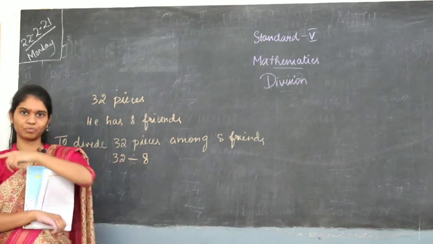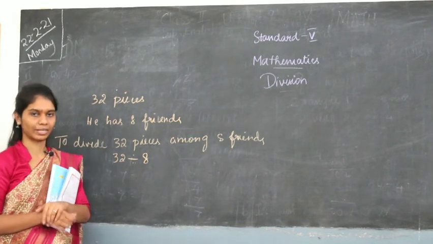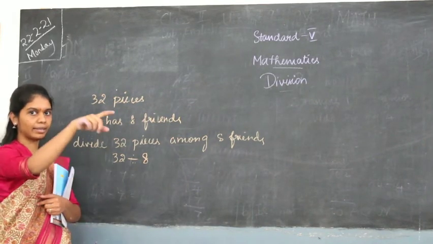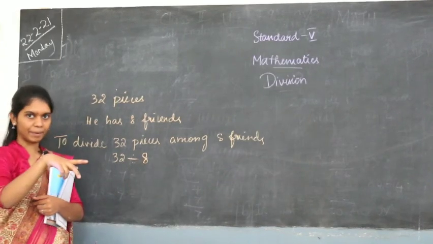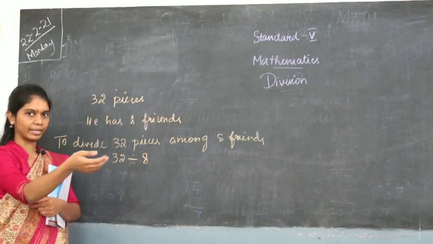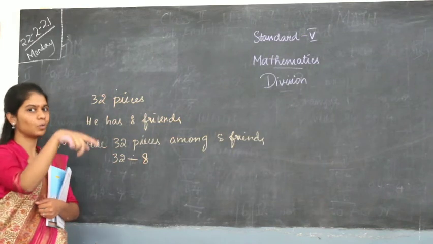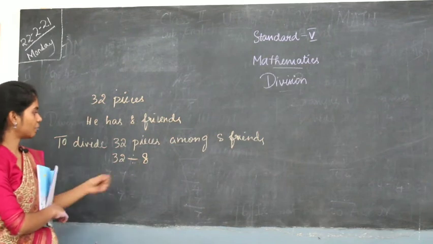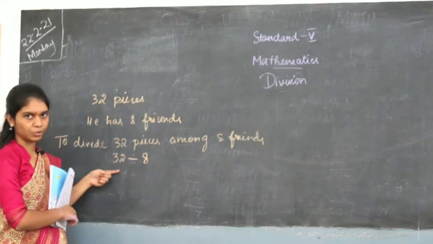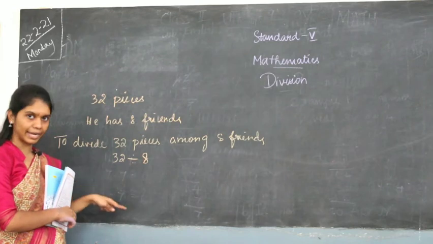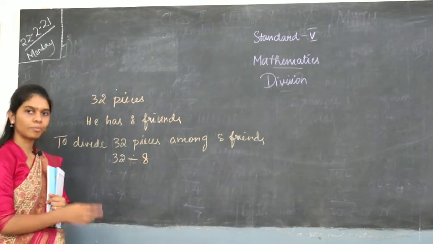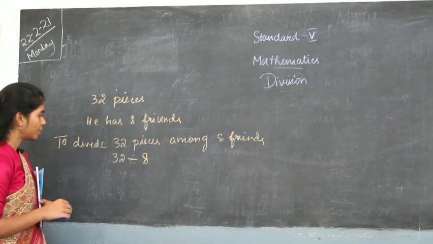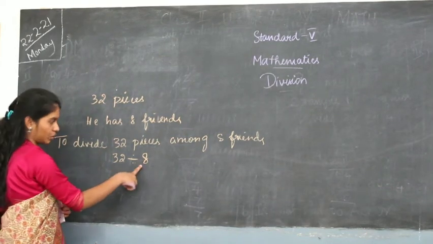First, for example, you have 10 chocolates and there are 2 friends. What you will do? You give 1 chocolate to one friend and the other chocolate to the other friend. So 2 will be subtracted. Again 1 chocolate here, 1 chocolate there. 2 will be subtracted. Like that only you will do. The same way you have to subtract this 8 from 32 once, and then 8 from 32 second, 8 from 32 third. So however many times, until it becomes 0. Okay. So what we are going to do is 32 divided by 8.